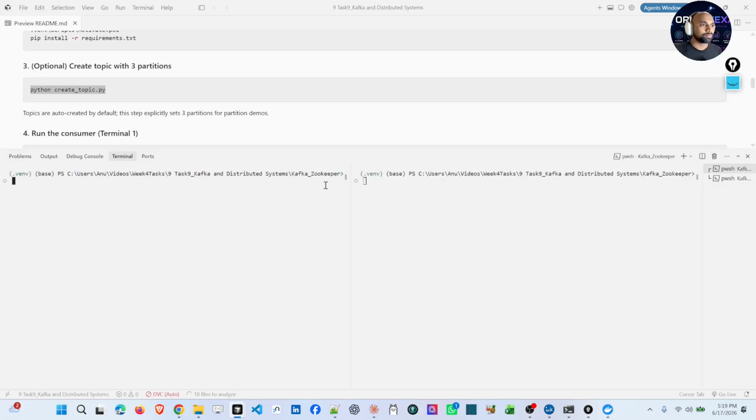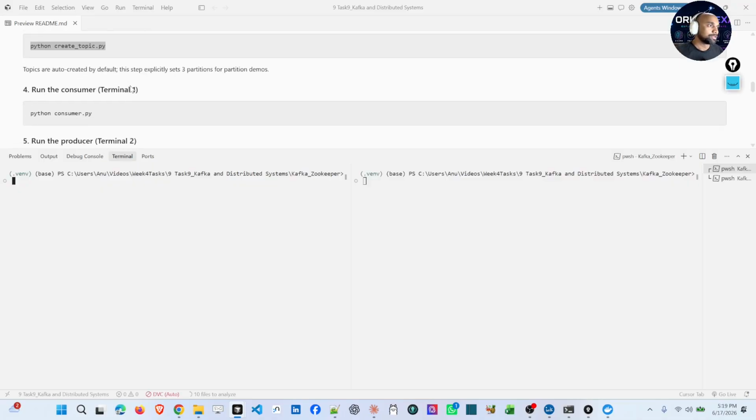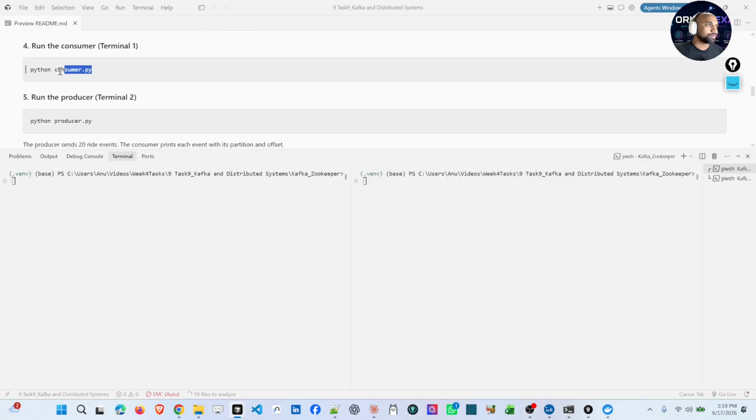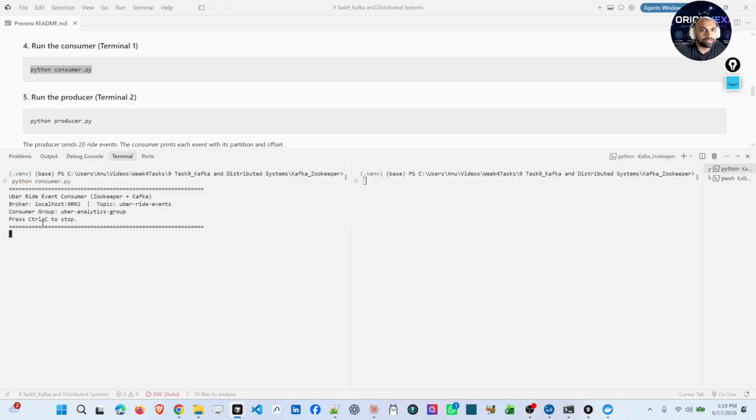So now I am going to start the consumer first. Before starting the producer, there should be a consumer ready to consume that data. They'll always be open to receive the data which is produced by the producer. Then I'm going to spin up this Python file. It is called consumer.py. Now the consumer is ready. It is ready to accept the events from the producer. On the other end, I have opened another terminal. This is called the producer. The producer is going to produce Uber service events, Uber ride events. It is going to create around 20 events and send them to the consumer. See what's happening.